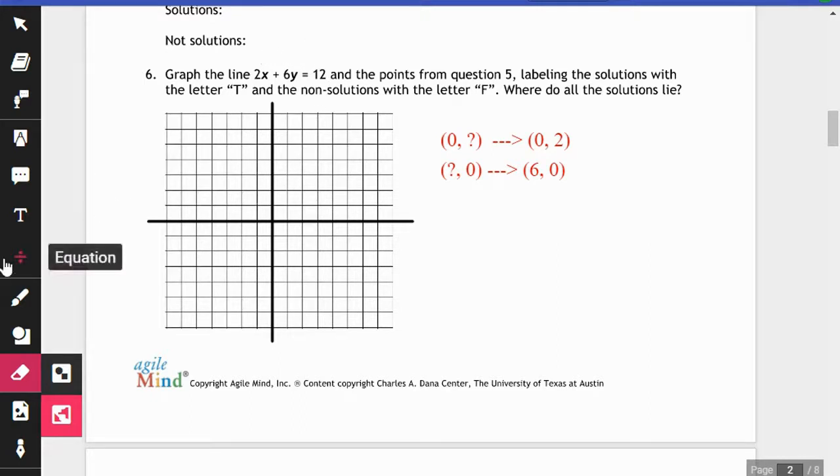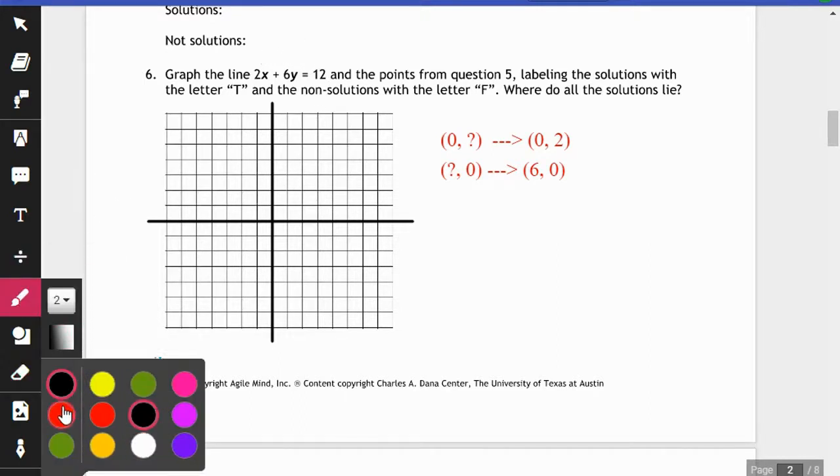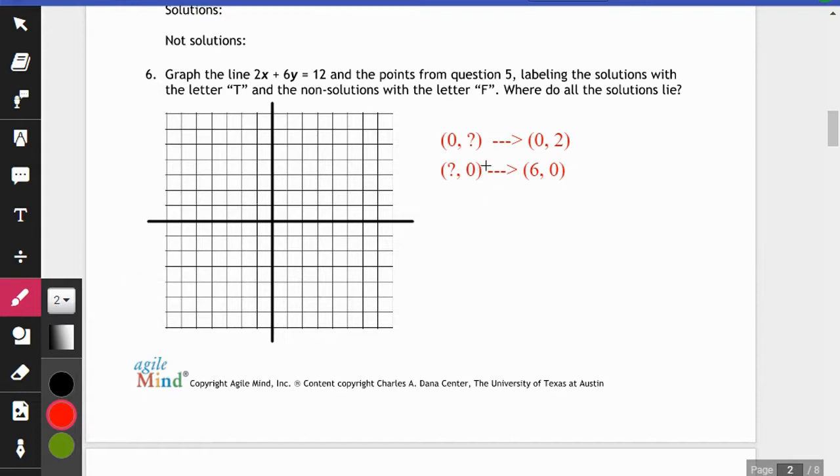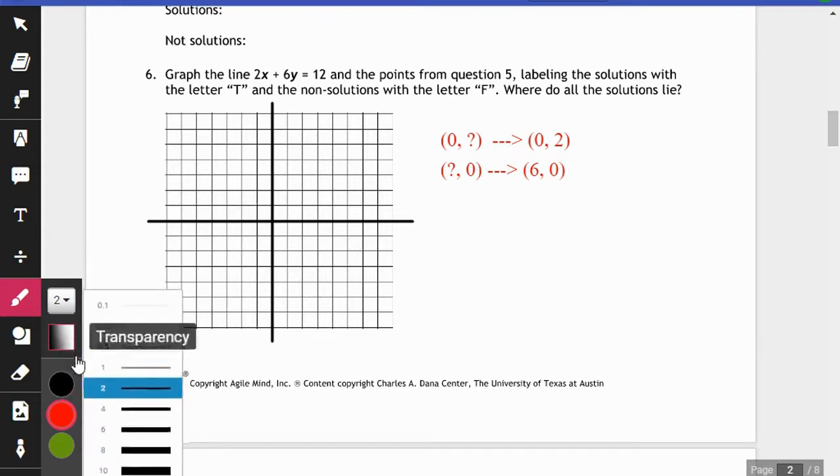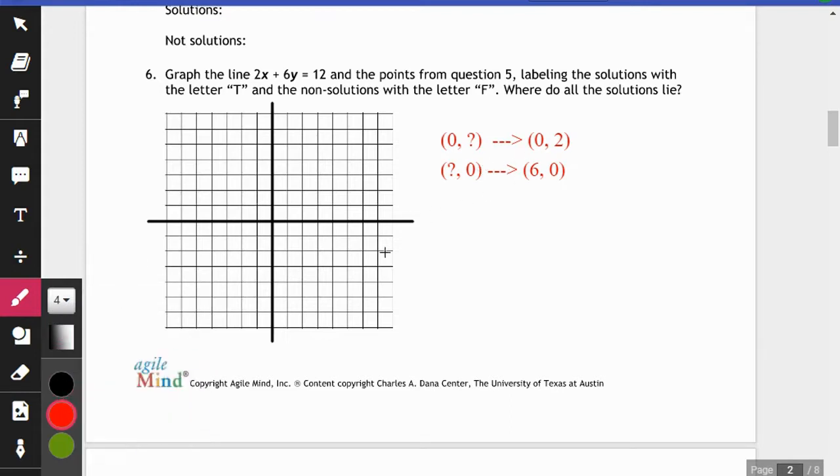So here we go. We're going to go here, grab this. We're going to graph this point, 0, 2. And we're going to graph this point 6, 0. 1, 2, 3, 4, 5, 6, 0. Now it's just a matter of